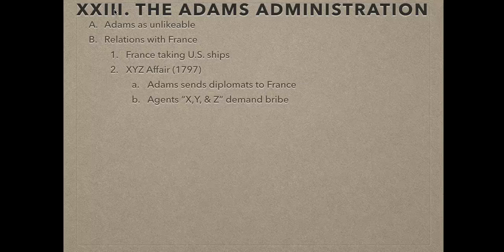Essentially what happens in the XYZ affair is that John Adams is going to send some diplomats to France. You don't have to write anything here, I'll just talk about this. They are sent to address the issue of the French seizing American ships and what to do about that permanent alliance that we had formed with France back in 1778. In other words, perhaps negotiate a new alliance, something more updated.